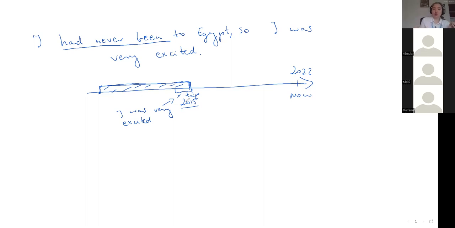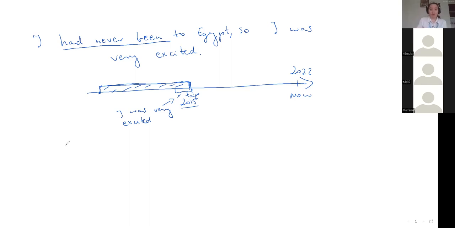Okay, we don't really know from this sentence alone what really happened in August 2015. Did you finally go or not? But even if we imagine that in 2015 something awful happened, I don't know, the airline went bankrupt, or you planned your trip for 2020, for example, instead of 2015, and then you couldn't go, you definitely were not more excited, and the whole situation changes. But for that moment when you were waiting, you had never been to Egypt and you were very excited.